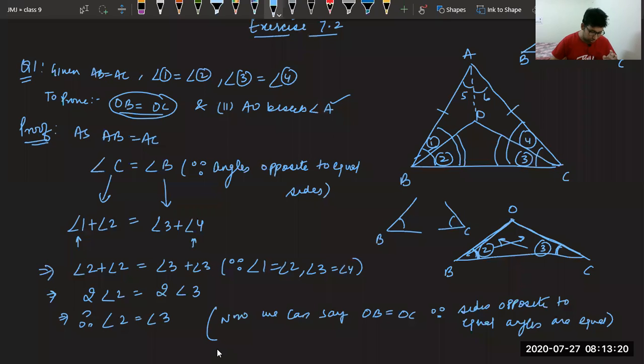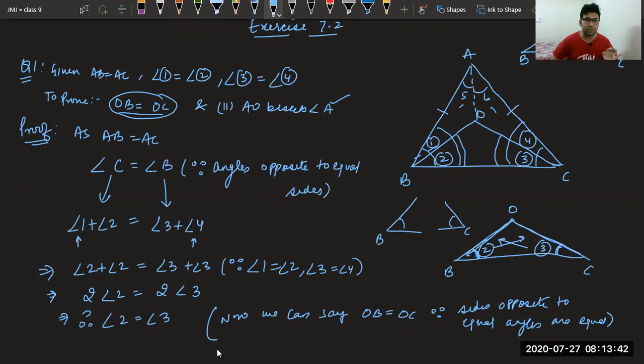AOB, AOC. Okay, so all of you are getting this now. Triangle AOB and AOC contain angle 5 and angle 6. The reason behind taking these two triangles is I want to prove 5 equal to 6. If somehow I prove them congruent, I can say by CPCT these angles are equal.